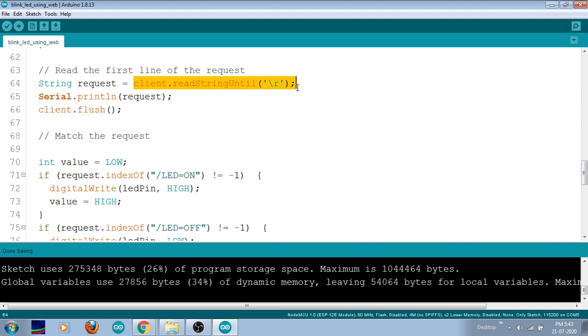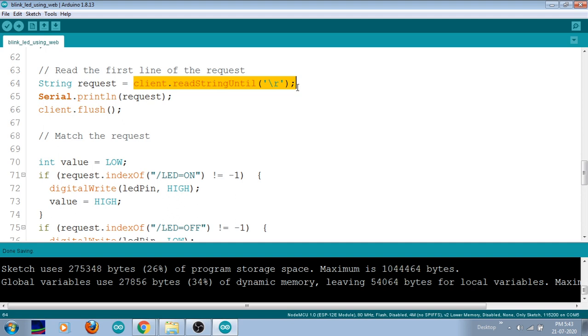Now depending upon the command, we will be writing it here. I am creating one variable called value. This will tell you the present status of my home appliance. Let us assume it is a light, a 230 volt light that I am going to control. The value of that particular light will be low. It means it is in off mode at first.